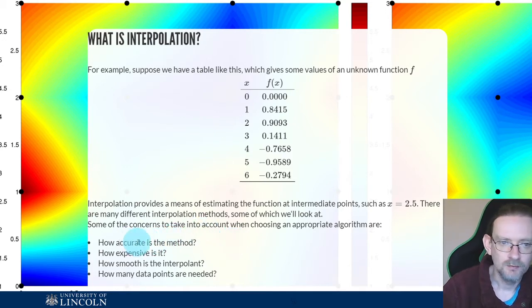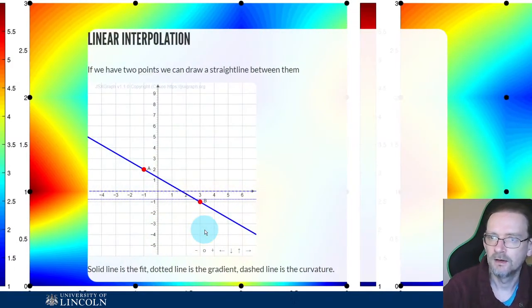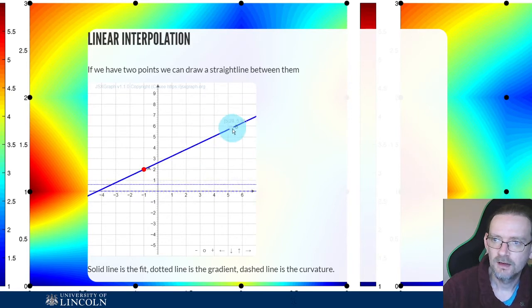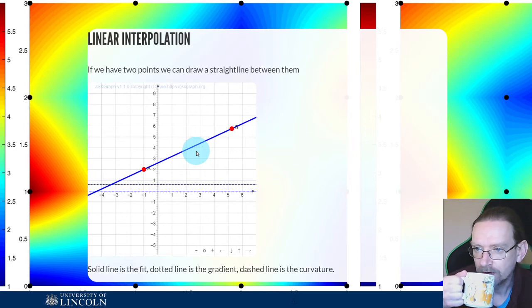Examples of this sort of interpolation come up a lot in gaming, where you want to move things around. You don't want to calculate an expensive function too often, so you just want to approximate it nearby. So, the simplest case, you've just got 2 points. If you want to find a point in between, the value of the line somewhere in between, you just work out the equation of the line and then interpolate linearly between